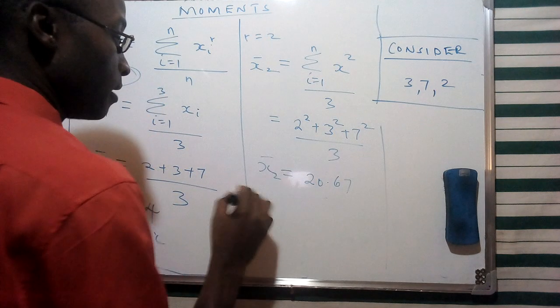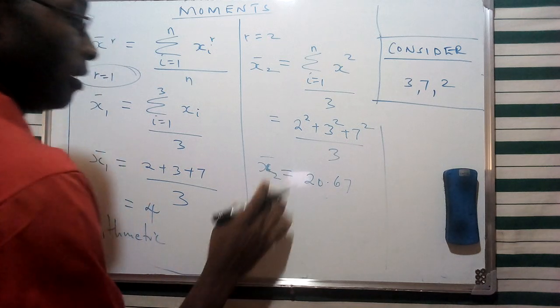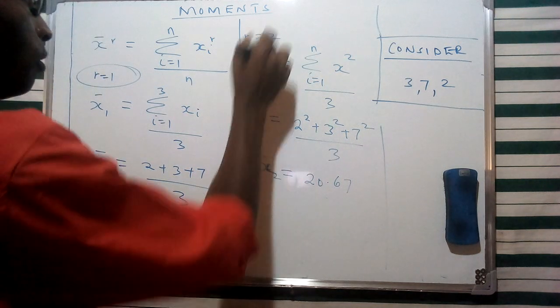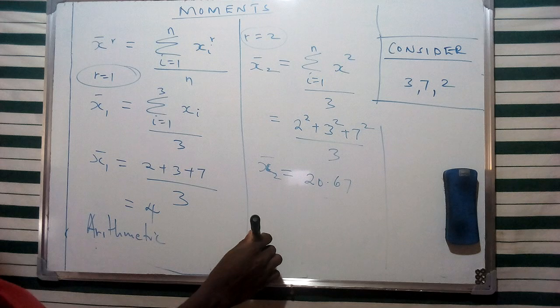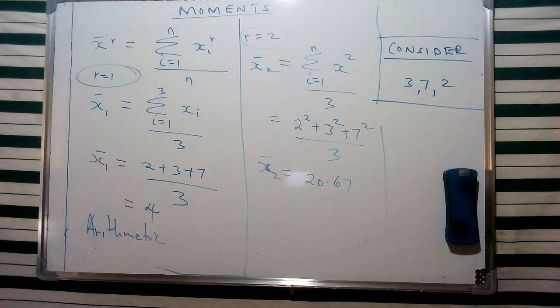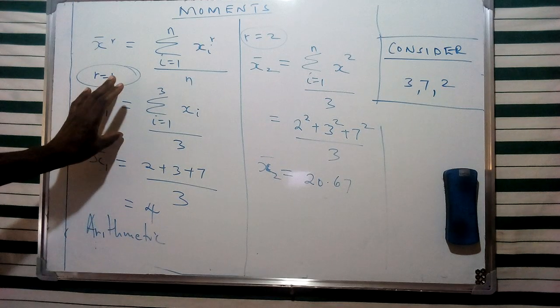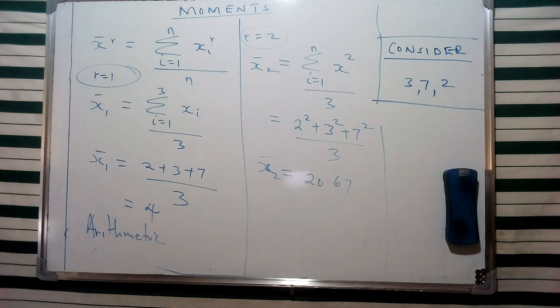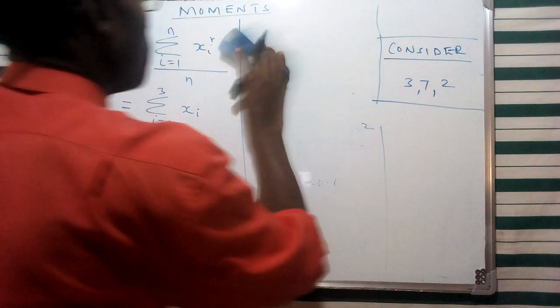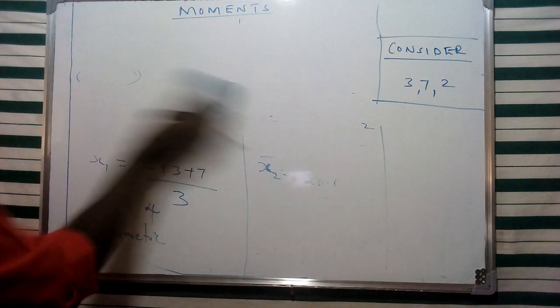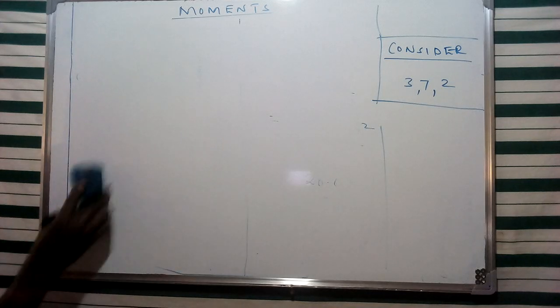So the second moment, the rth moment where r is equivalent to 2, of course, is going to be given in terms of 20.67, and that's a way in which we're going to evaluate specific evaluations. So if we're requested to find the rth central moment, which we had defined using the mean,